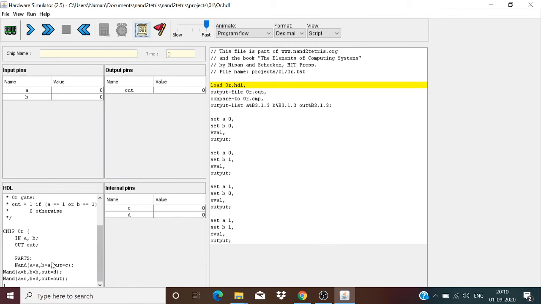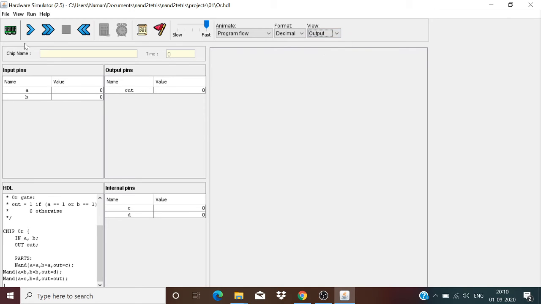Here we are having the OR gate, where we NAND the two inputs, and we further NAND the outputs, C and D, again. And thus we have the correct result, which is what we got for the OR gate.